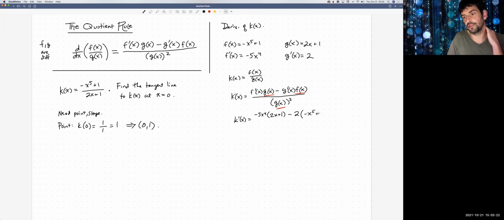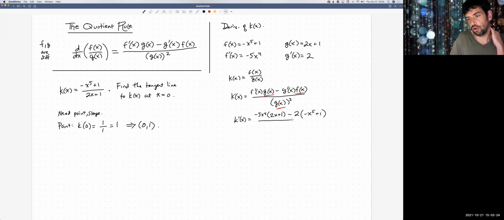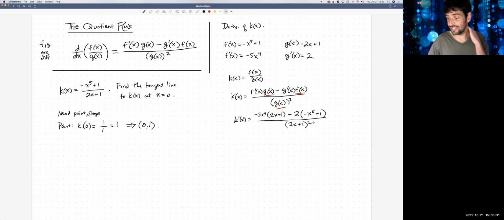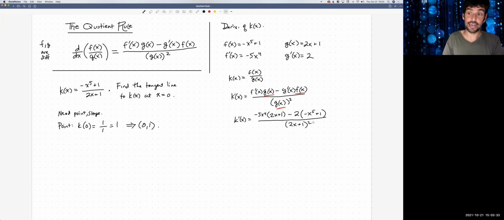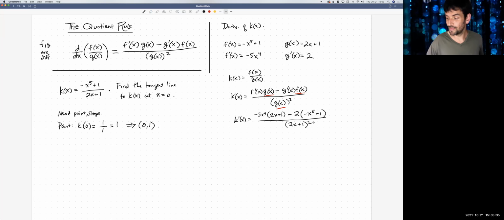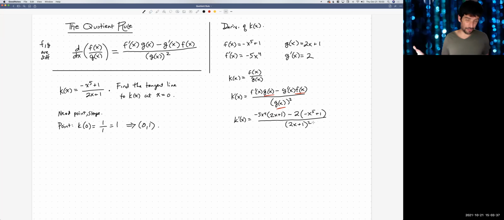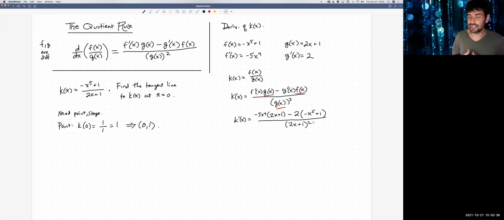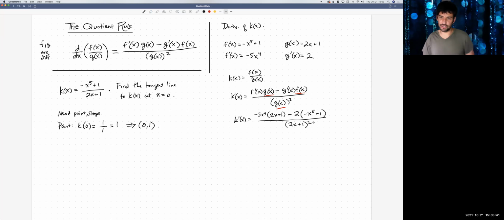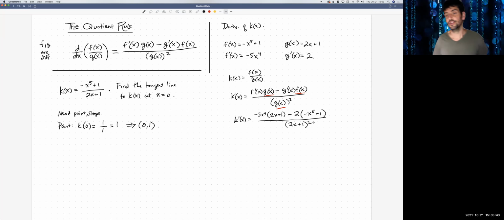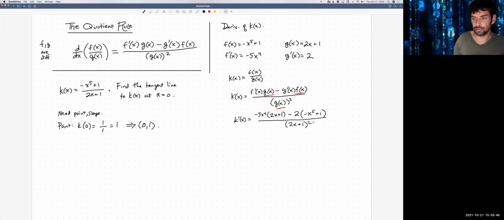-x to the 5th plus 1, all over g of x squared. And that's it. That's our derivative. Okay, not it for the whole problem, just this part of the problem. Now, we could simplify this, possibly expand things, collect like terms. It looks like we'll have a couple of x to the 5th terms, and then a couple other cross terms